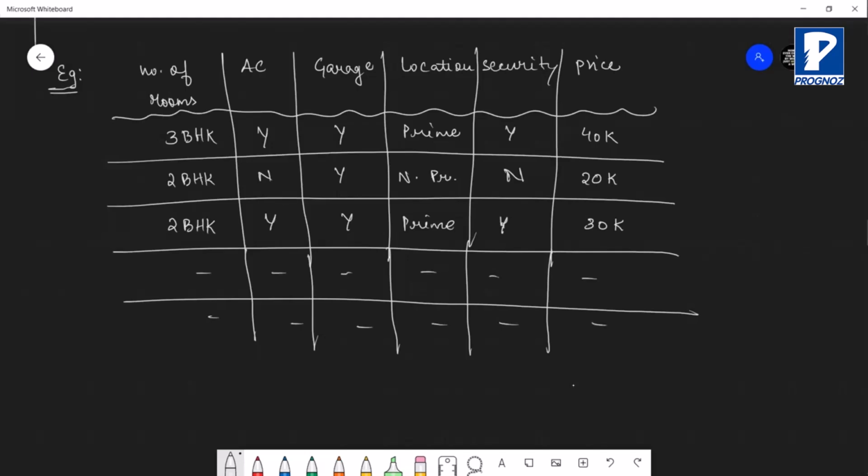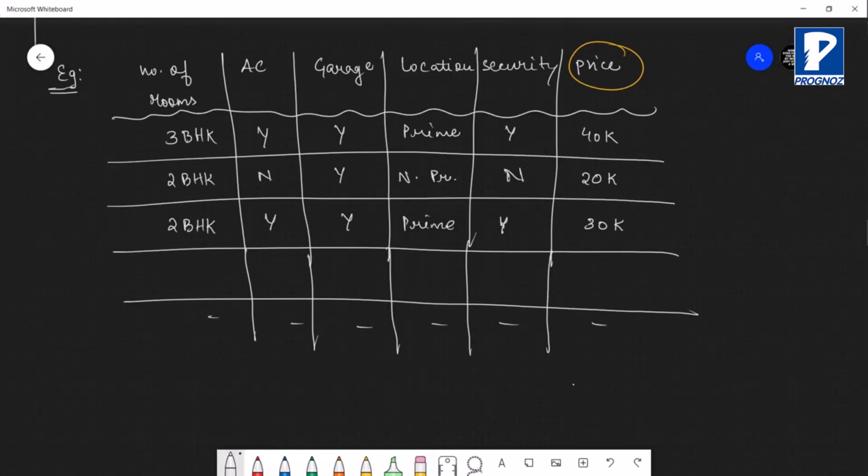Now the important part is that this price component is something which we have to predict. Whenever we do these kinds of questions in machine learning, you will have to apply different algorithms and predict the price. For example, I'll give you one more set here.